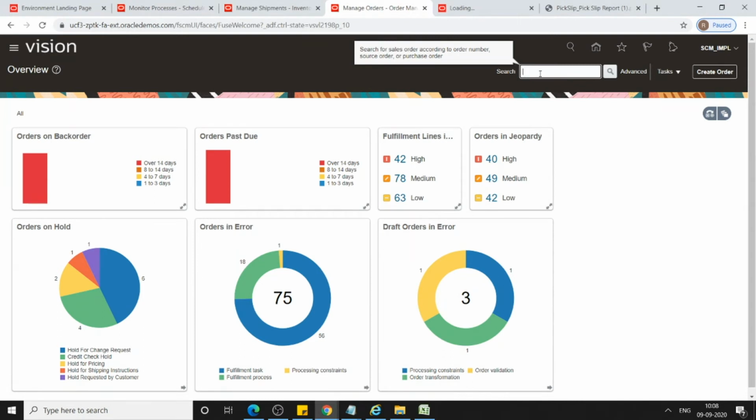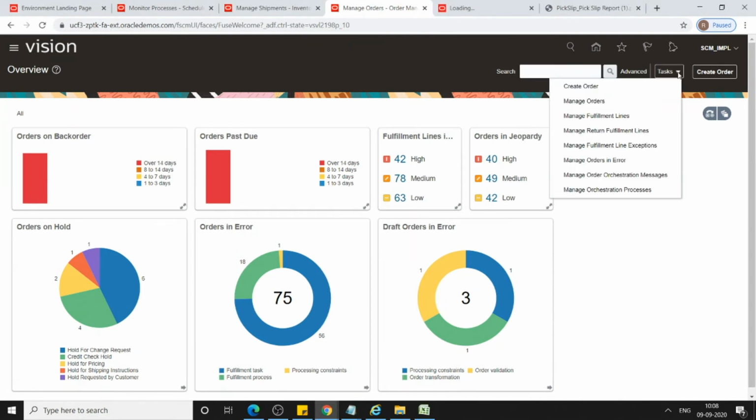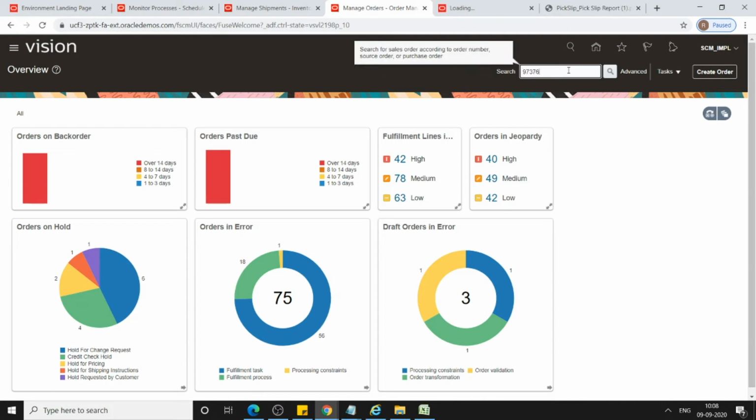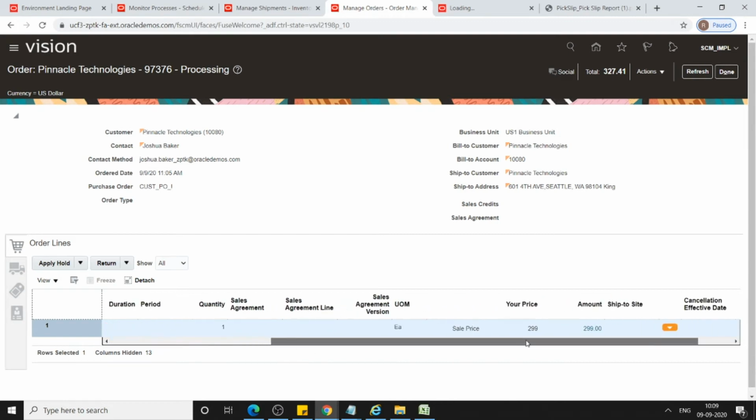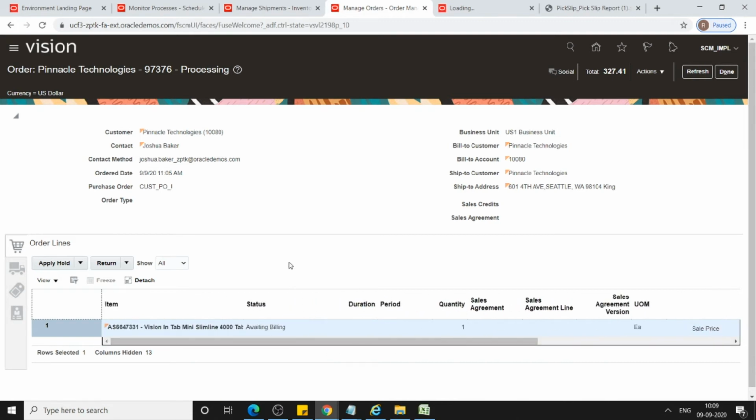You can enter the sales order number over here, or from tasks you can click on manage orders, and from there also you can see the sales order number. So click on search. Okay, so now what is your line status? It's awaiting billing. So it is interfaced.